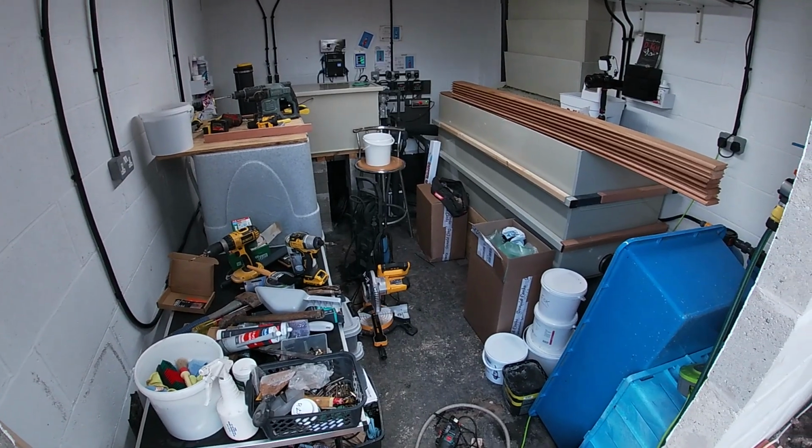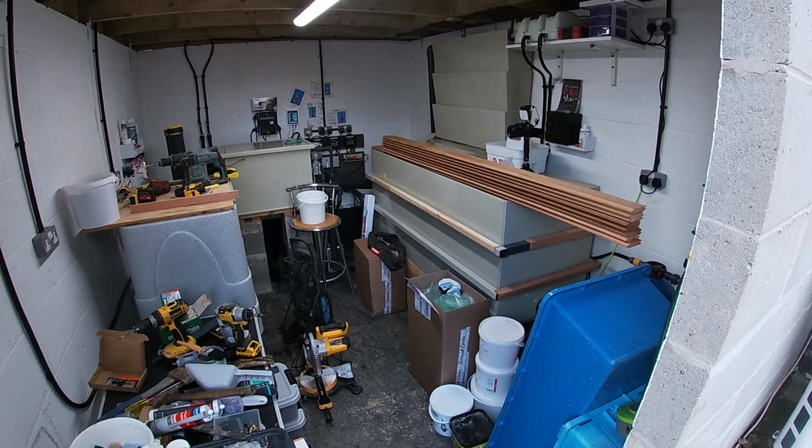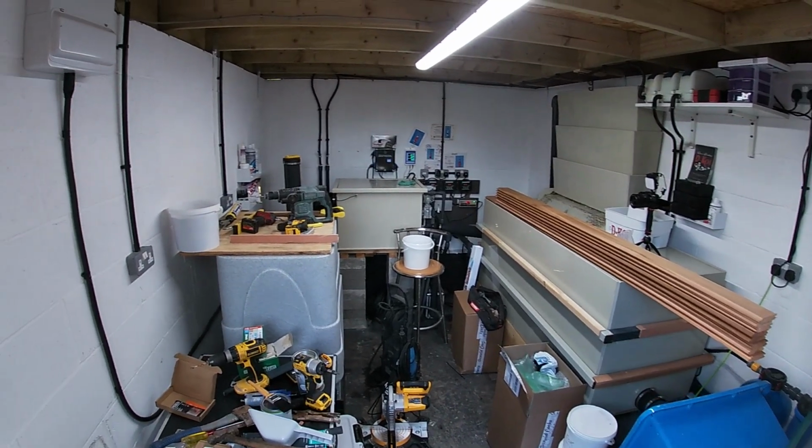Next job on the agenda is going to be cleaning this room up. It is like an absolute building site in here. It looks like a bloody bomb's gone off. I've got tools everywhere. So,